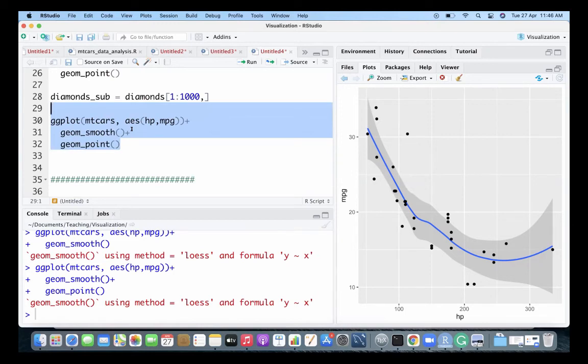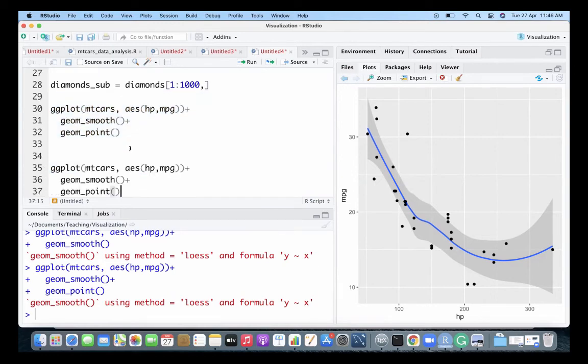If I'm not mistaken, you can make some change that makes it a straight line also. I'll figure it out. I did it a few times back, but I forgot how to do that.